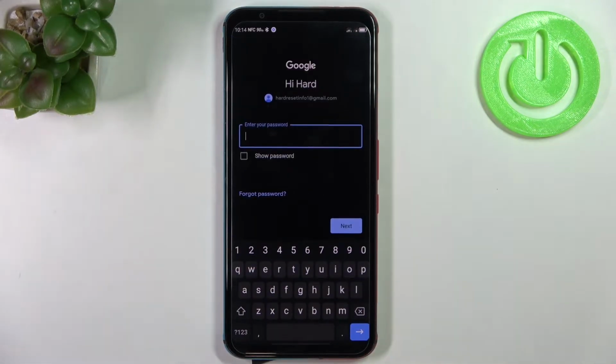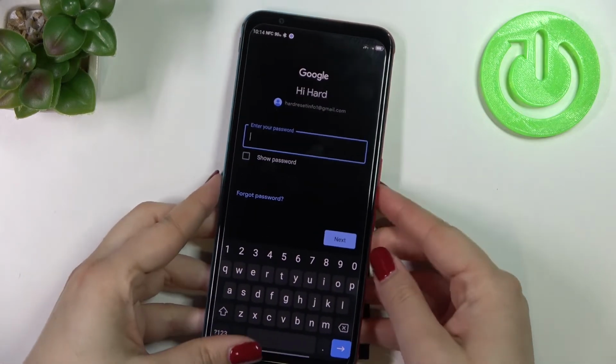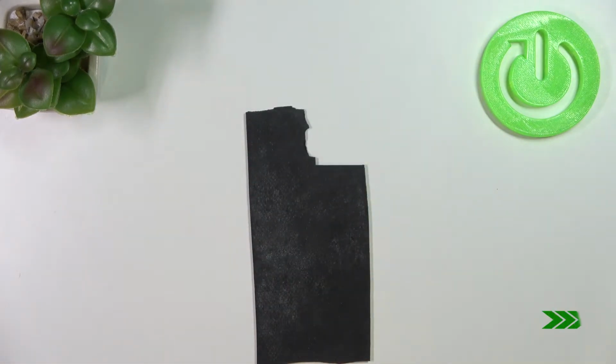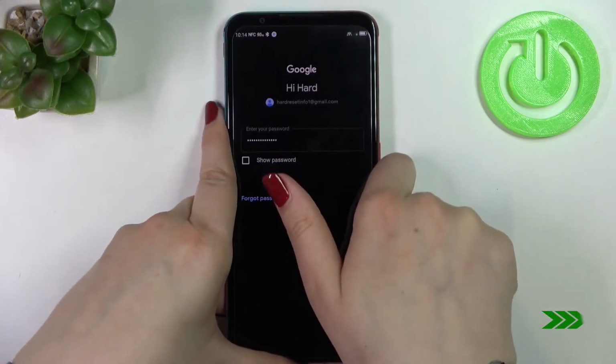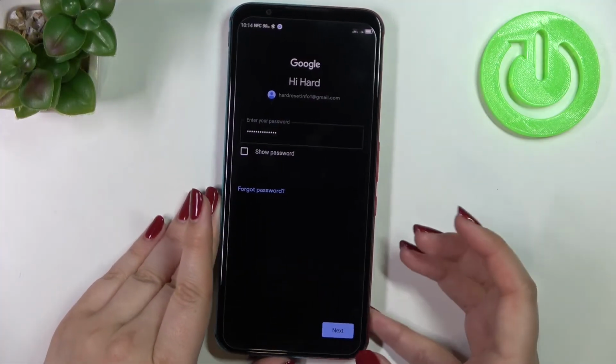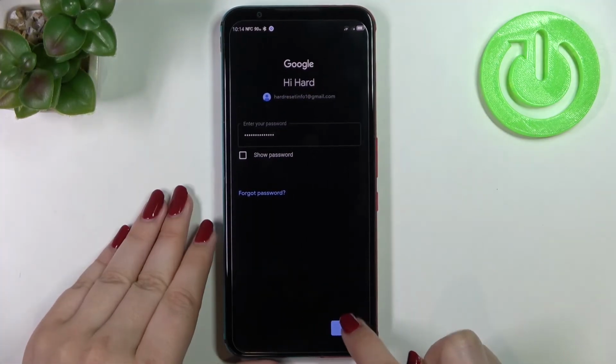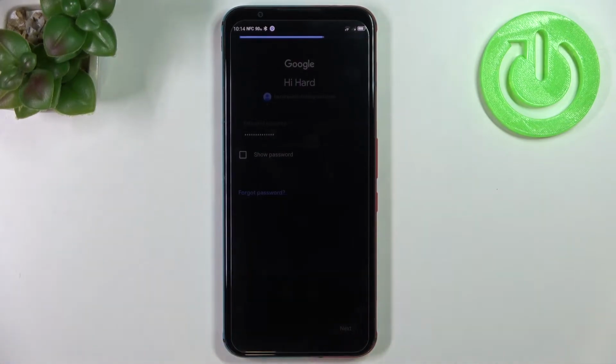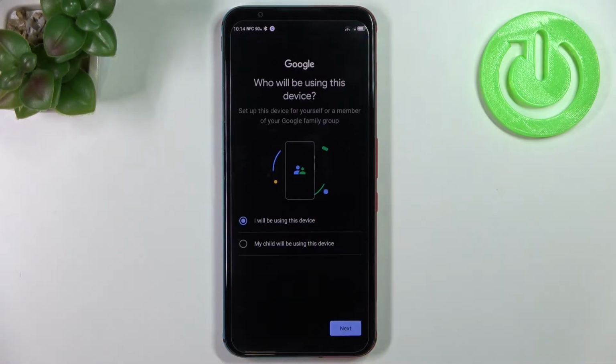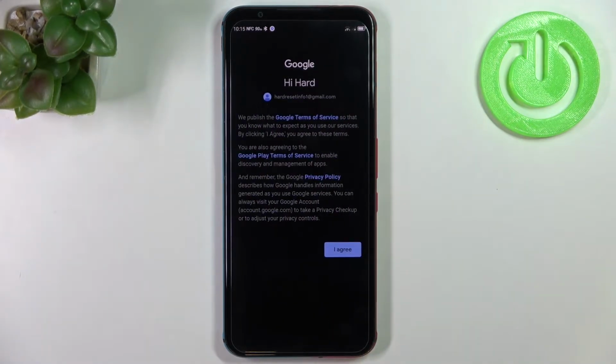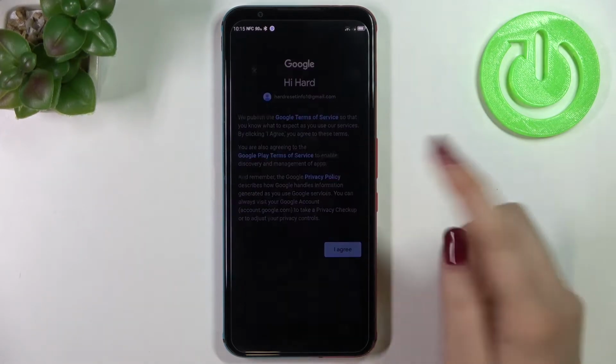And here we have to enter the password, so let me do this out of the screen. Alright, so let's tap on next. Here we have to decide who will be using this device, so I will stick with this first option. Let's tap on next. And here we've got Google Terms of Service and Privacy Policy, so you can check it,